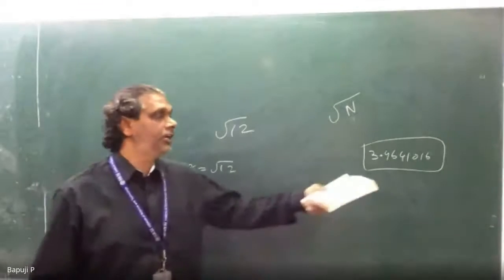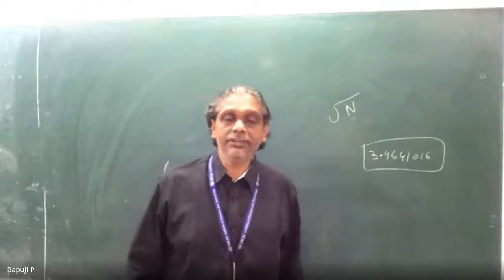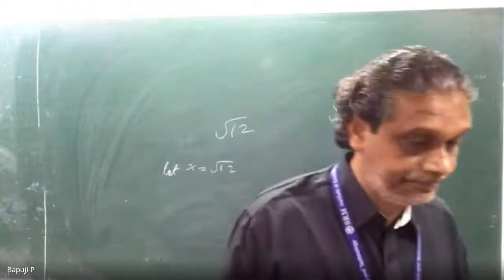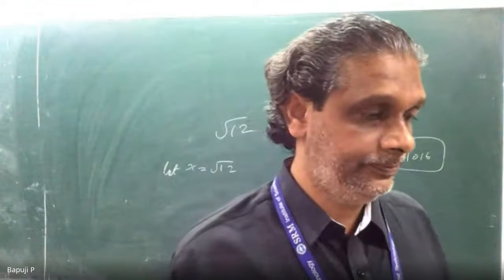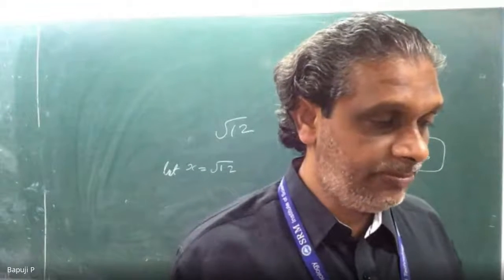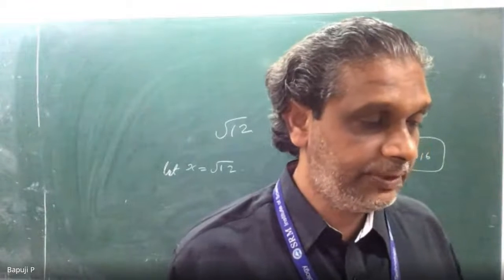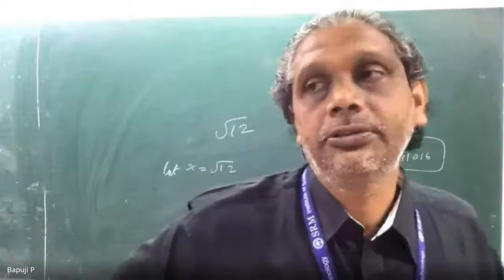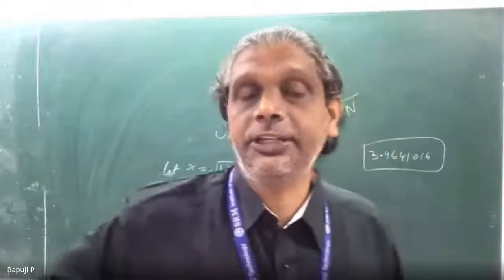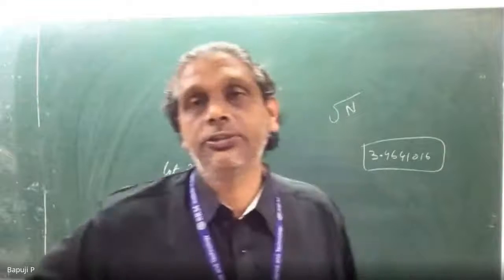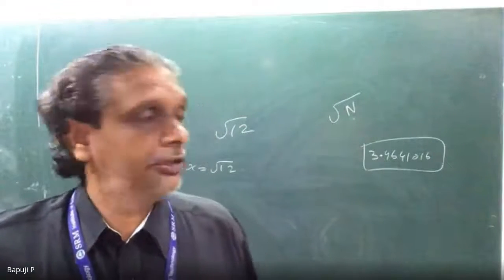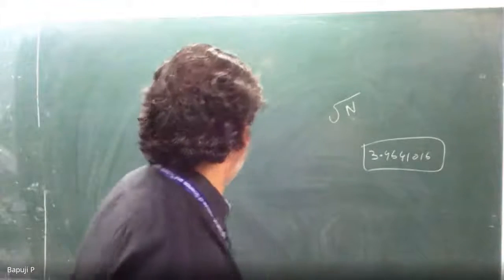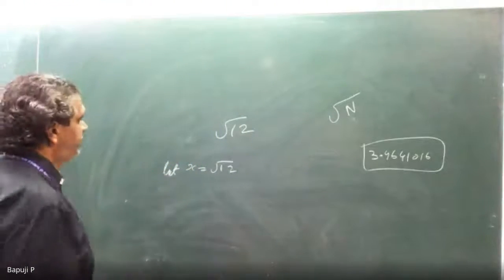So from this, what do you understand, my root lies between where? In between what values? My root lies between what values, sir? 3 and 4. Very good. So initially you can choose f of 2, f of 3 and f of 4. That is the way. So no need to waste time also. I don't want to start with f of 1, f of 2 like this. Correct or not? So root 12. Then this below is what? X square is equal to what?